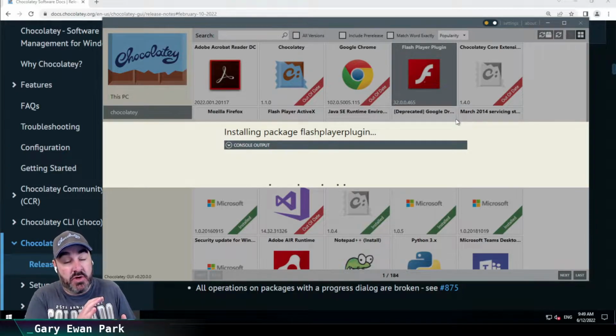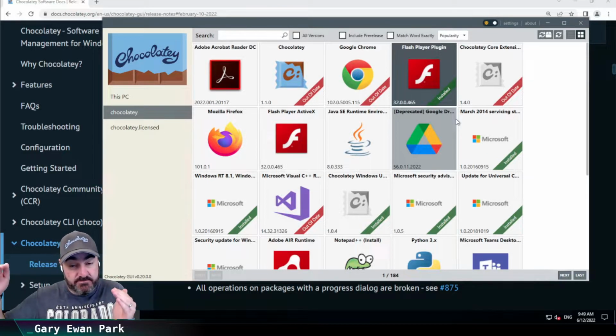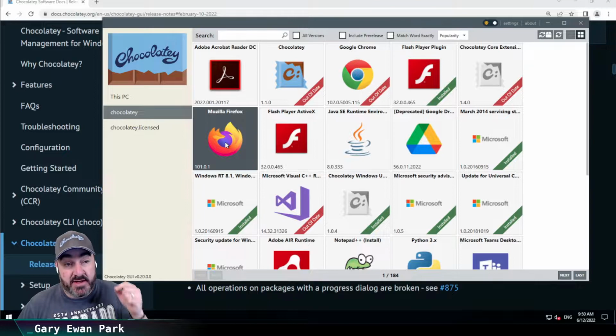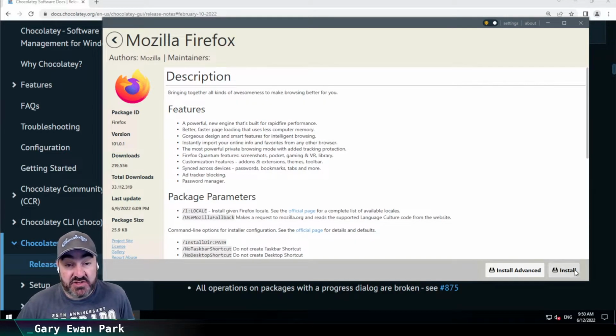There are lots of package parameters that you can pass in when you're installing something, where you want to pass in a different installation location, or the force x86 installation parameter, etc. All of those things you can do at the command line. If you were doing choco install, you could use lots of command line options. So what we've done is, if I double click on Mozilla Firefox here, there's now the install option,